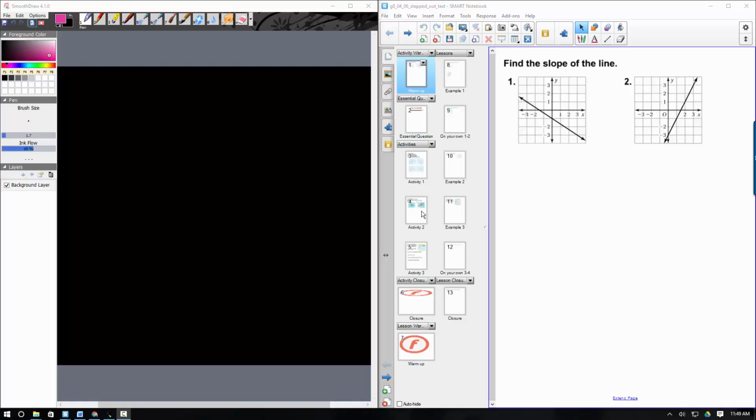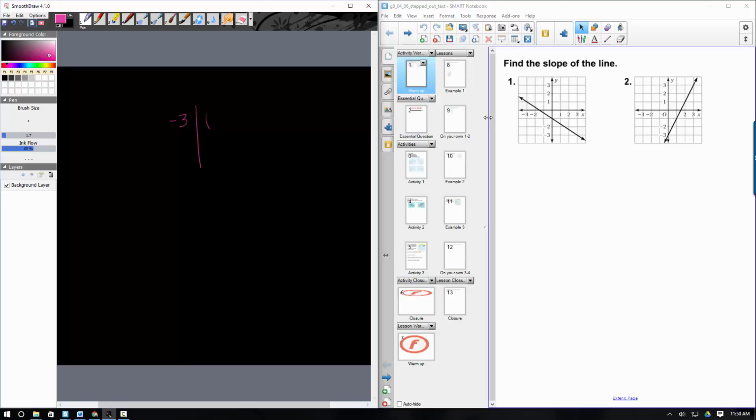Alright, so this video will focus on Chapter 4, Section 6. And the first thing we're going to do is find the slope of these lines. Now, for the slope, I have to look for just a couple ordered pairs here, where they cross exactly. So right here is a place where they cross exactly, and this would be negative 3 and 1. I'll write this down. So I'll put down negative 3